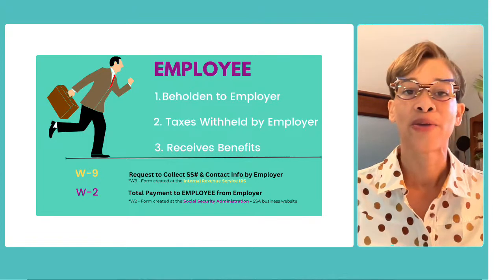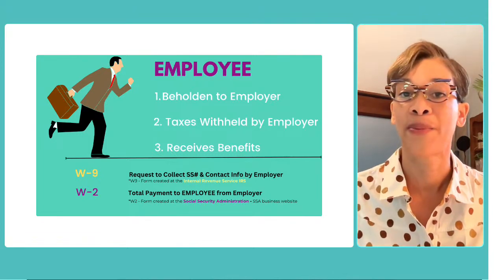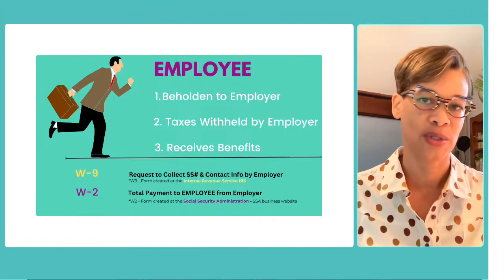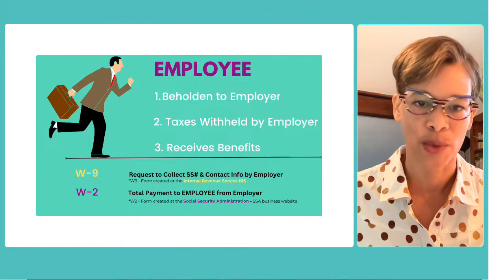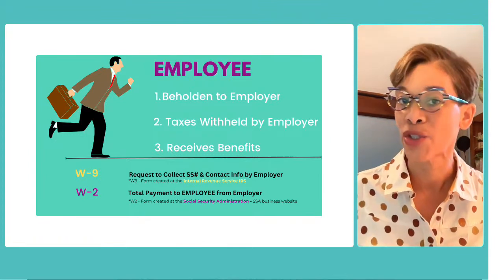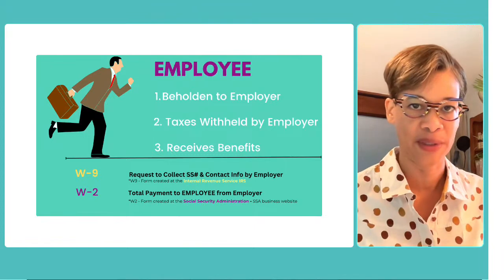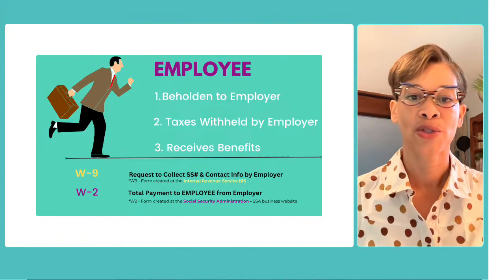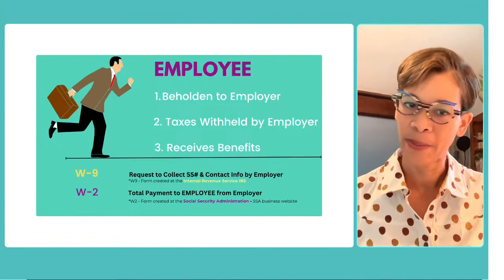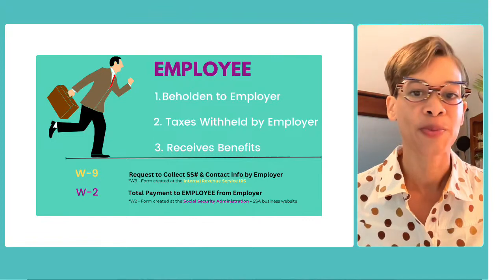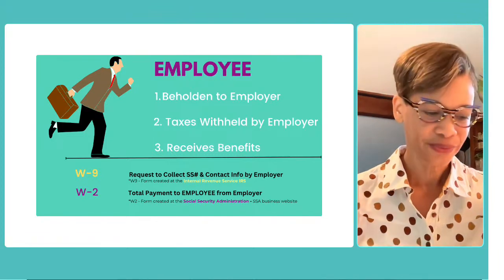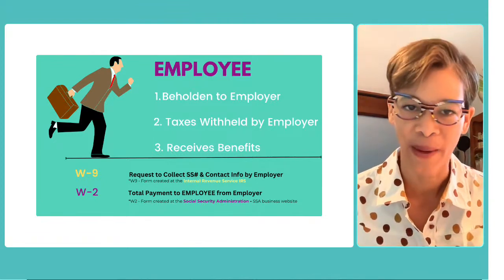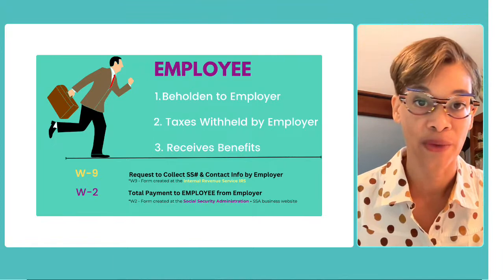The third thing is that you tend to receive benefits depending on the company for which you work. You could receive insurance, life insurance, health insurance, all kinds of benefits, maybe free lunch sometimes, who knows. And generally a pension plan, a 401k, or some form of retirement plan that the company will offer or extend to you, or a matching program. So a lot of the reasons why a lot of people want to be an employee is because they have these golden benefits. And it's this thing called golden handcuffs, actually, that tend to shackle people to companies because they really can't afford to do without those benefits.